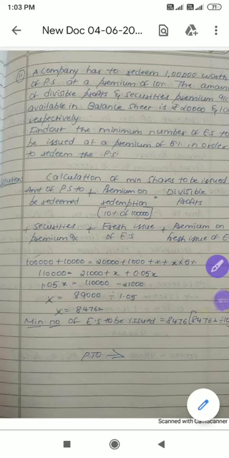Hello everyone. So in this video we will discuss question number 11. And please remember, I have told you preference shares can be redeemed in three ways: by using divisible profits, or by completely issuing shares, let it be equity share or preference share, or a combination of these two.